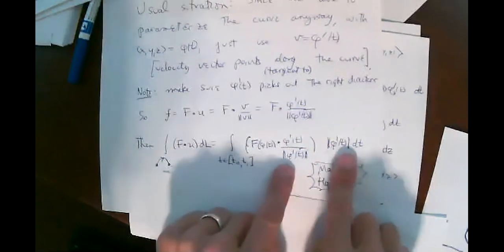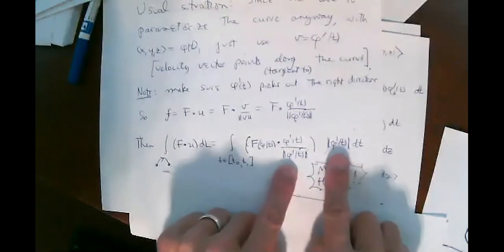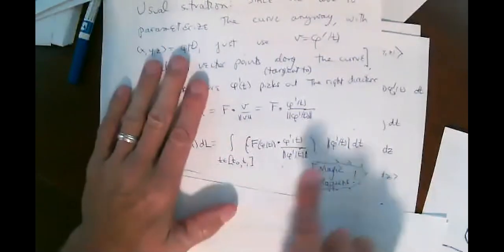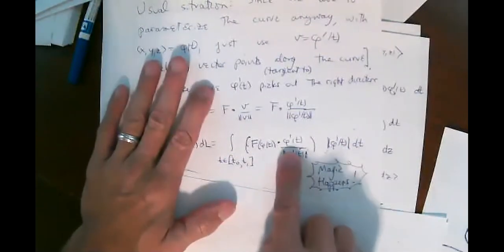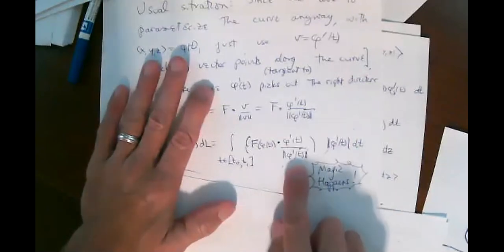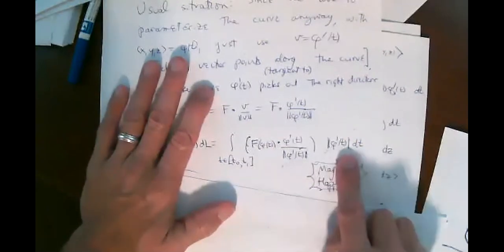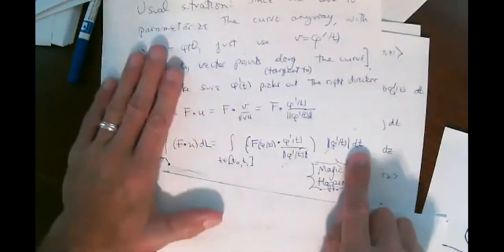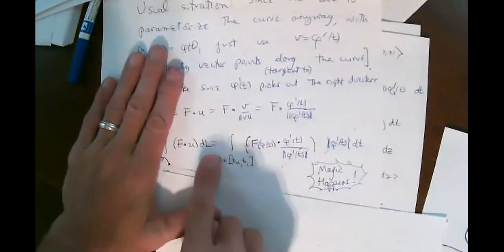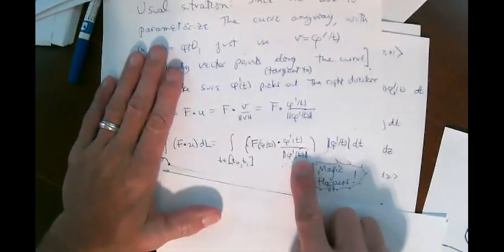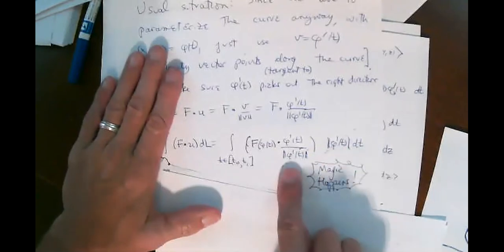But this is the speed of your travel along the curve, and your speed shows up twice. We needed it in the denominator of the velocity here because we needed a unit tangent vector. And then we needed it over here as the fudge factor that stretched increments of time to become increments of length. So there's two appearances of the speed, but one's in the numerator and one's in the denominator, which means